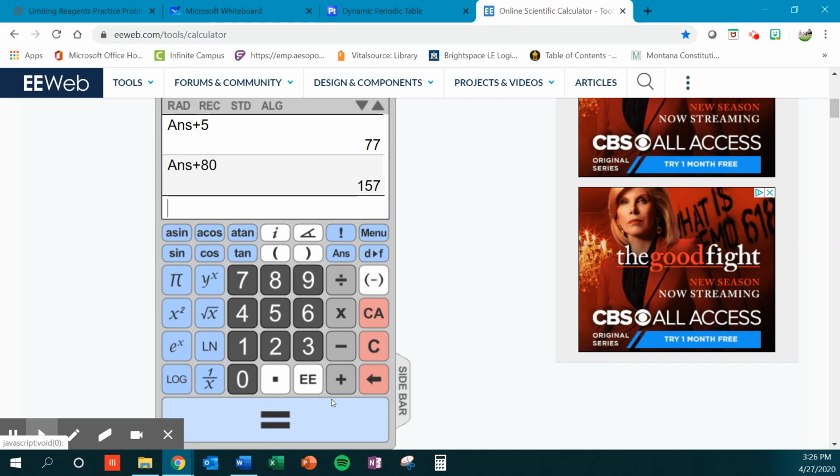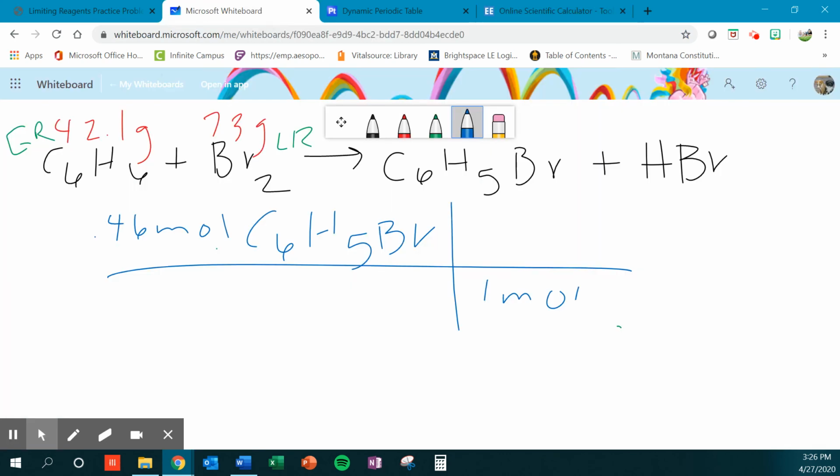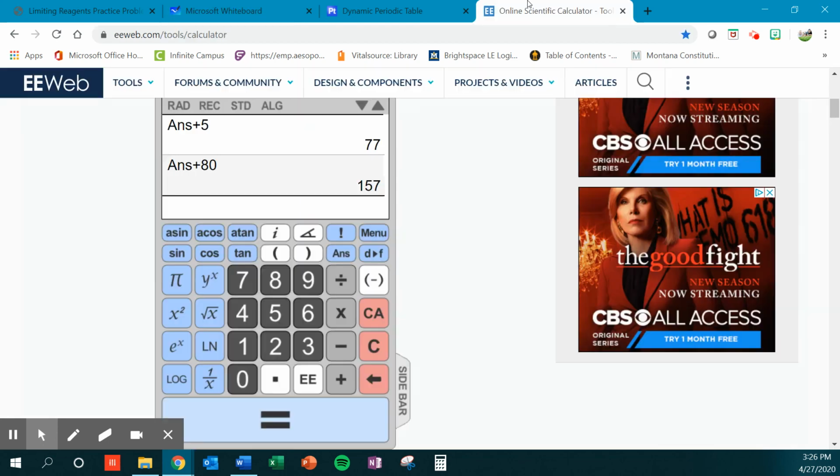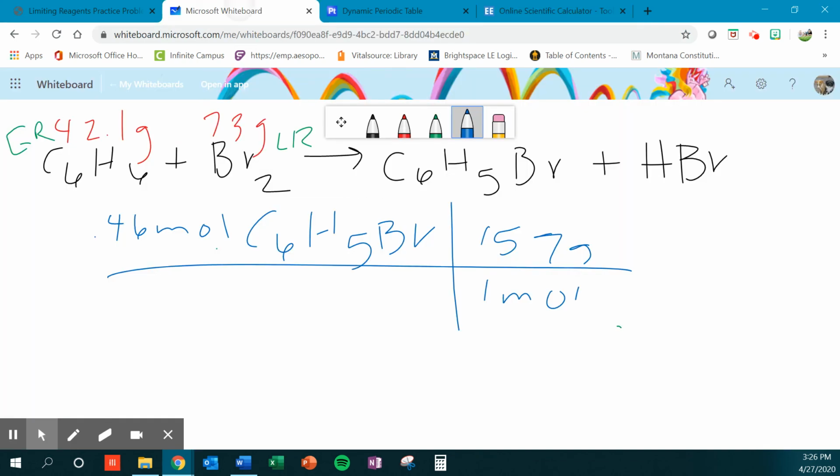So that's all of them added together. So 157 grams. And so we take 0.46 times 157. And it's 72.22 grams. So that's what we would expect theoretically to get produced from this reaction, 72.22 grams of the